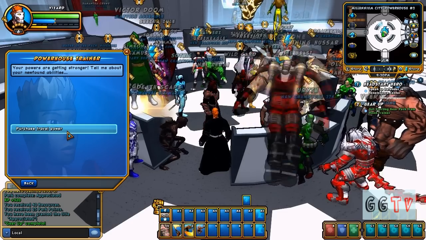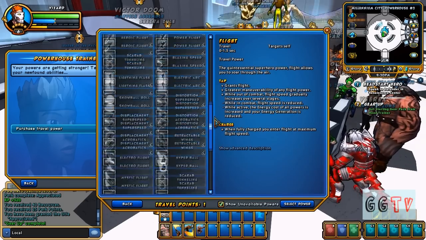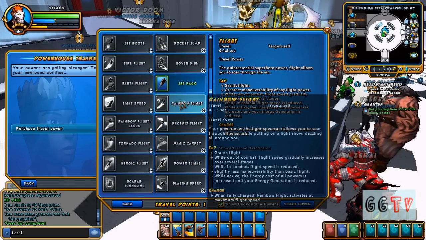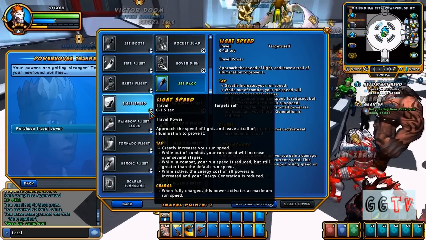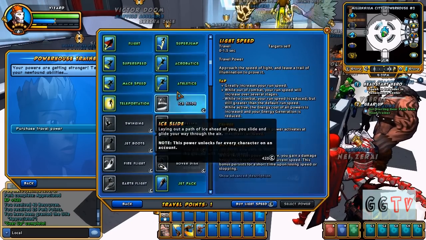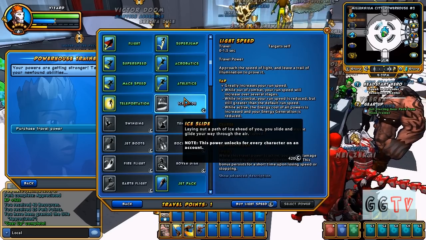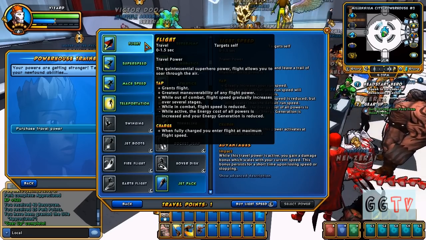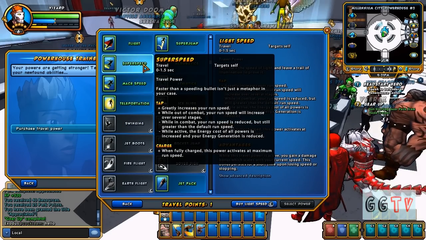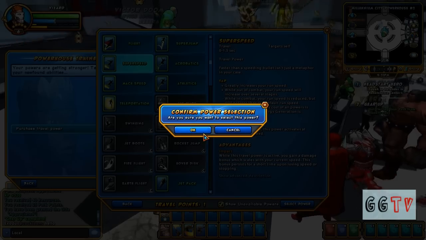The next part is to buy the travel power. So as you can see, there's a lot of travel powers you can pick from, but that is only if you have a gold account. Again, there you can see you have to buy new powers with Cryptic Points, but the ones in green are the ones that we can actually buy right now. So the thing that will suit my character will be, we will go with super speed. So we'll go ahead and click select power,